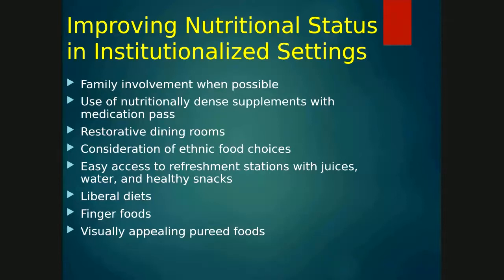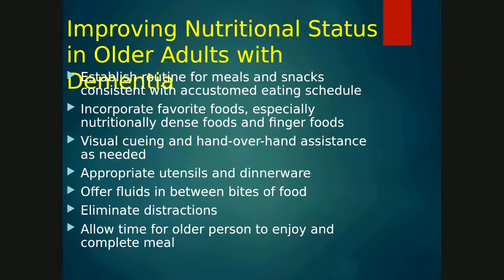Consideration of ethnic food choices is important. Liberal food diets when you can. Finger foods, visually appealing pureed foods if a patient's on a pureed diet. And making snacks and fluid easily accessible. And so establishing routine for meals and snacks consistent with an accustomed eating schedule can be helpful, especially for those who are cognitively impaired. Frequent changes can throw them off and make it harder for them to establish good nutrition